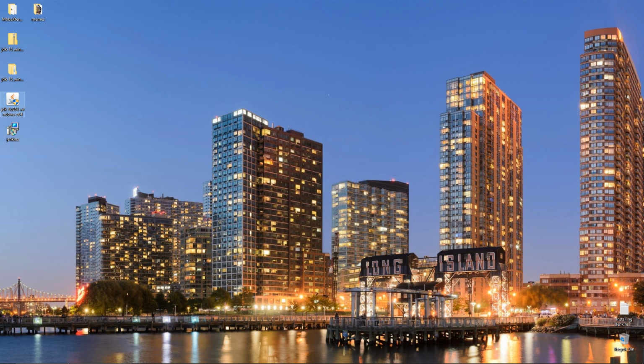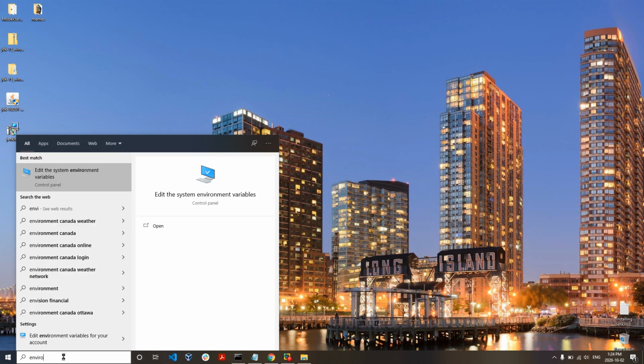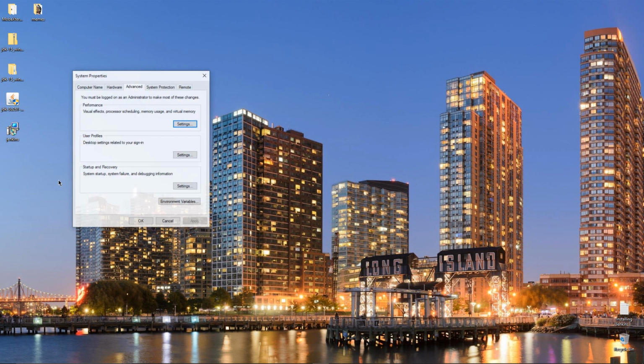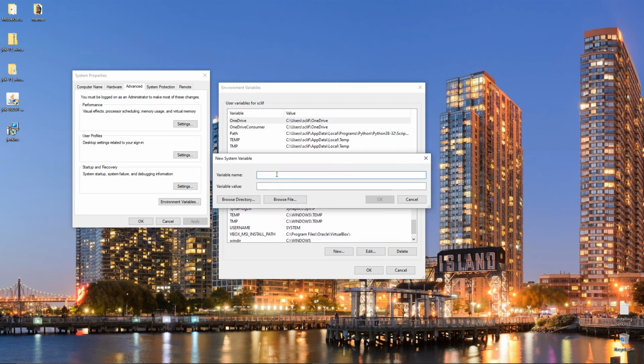Okay, so I'm going to go to type here to search. I'm going to type environment variables. So edit the system environment variables, and from here I'm going to go to the environment variables tab here. And now if you have a Java path and a JRE path here already, you don't need to do this, but if you don't, then click on new, and then you're going to have a variable named JAVA_PATH,